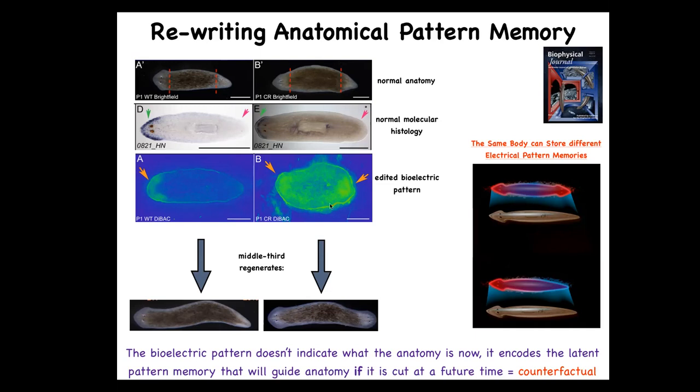This is not a map of this guy. This is a map of this guy. Perfectly normal one-headed anatomy. If you think about what brains allow us to do, this kind of mental time travel where you can think about things that are not happening now, future things, past things, and so on, this is the beginnings of that. This is a counterfactual pattern.